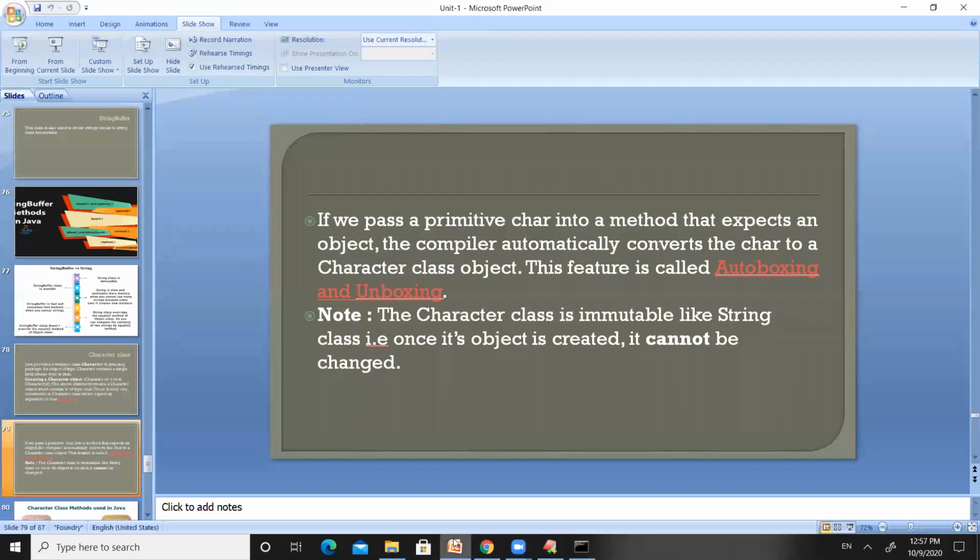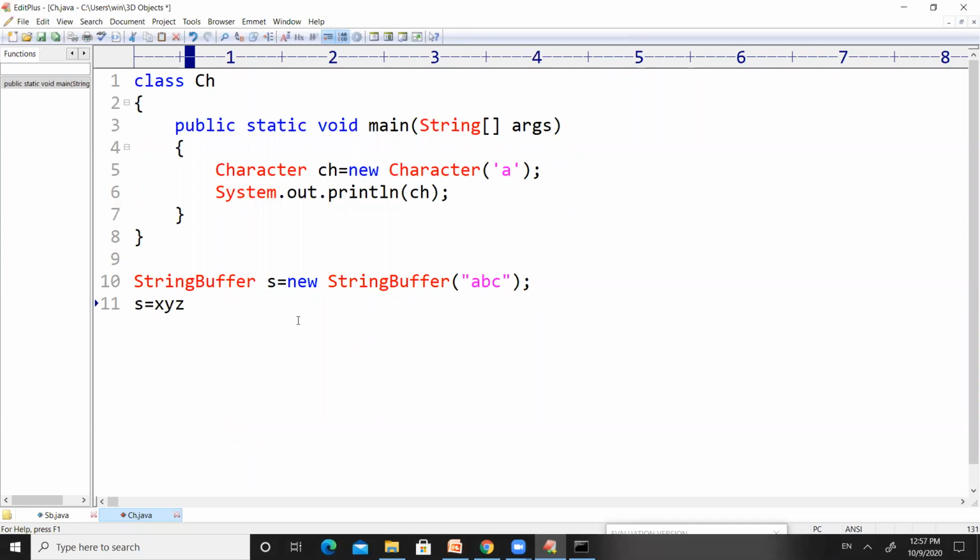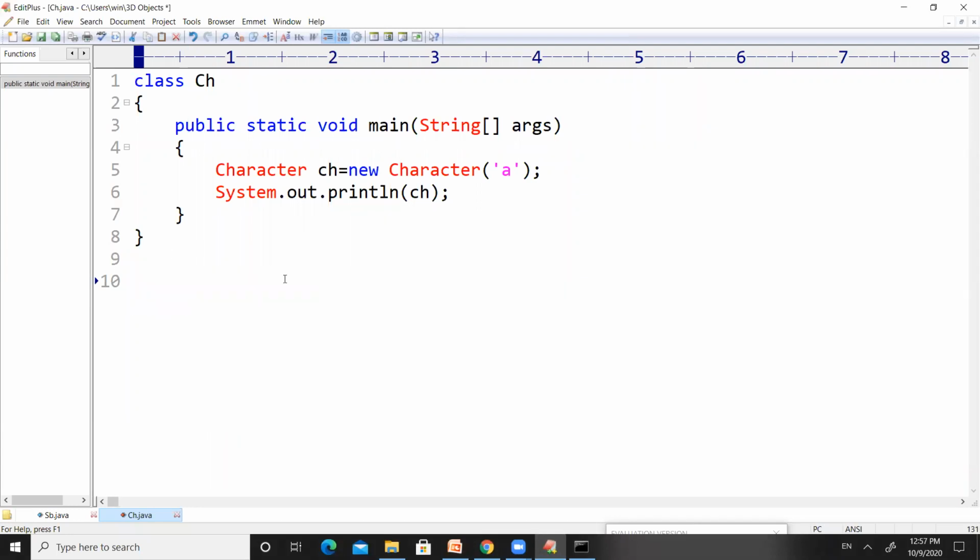So, listen to this point here. The Character class is immutable. So here in the Character class, if you observe, we have created some space, and the name of the space is ch. And inside ch, we try to store A, right?